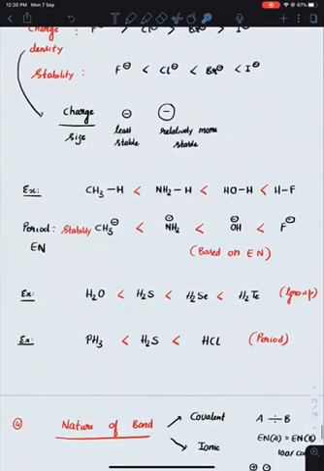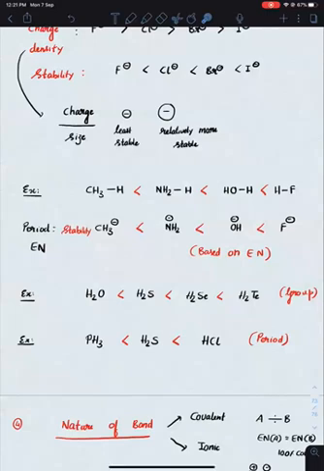Okay. Similarly, in this particular case also, these elements belong to the same period. So if you are comparing the stability of the negatively charged species, you need to compare based on electronegativity. Fluorine being the most electronegative element, it can effectively handle that particular negative charge. Carbon being the least electronegative element among these elements, it is unable to handle this negative charge. So it will try to combine back with H positive and convert into CH4.